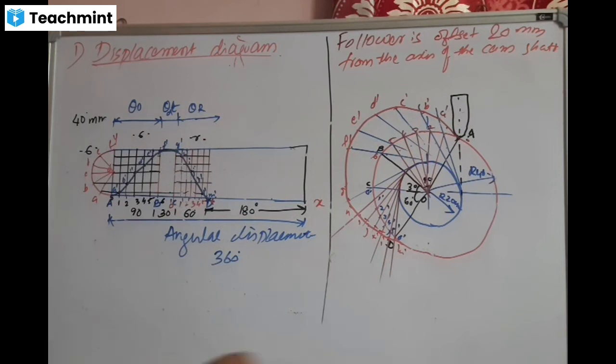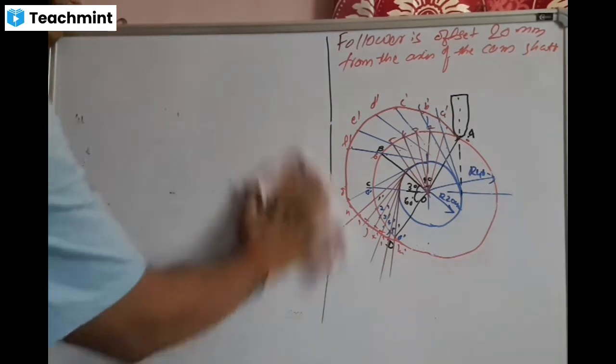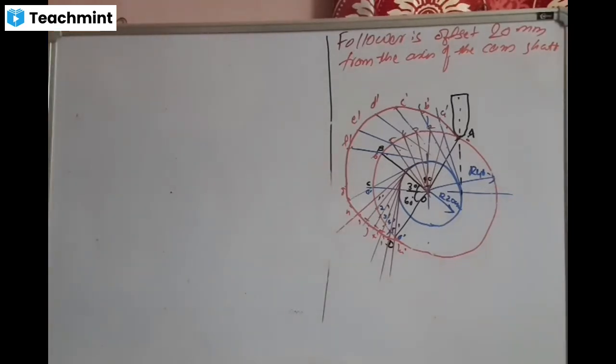Okay? So now you note down one problem here. You try to do yourself first. Okay? A cam with a minimum radius of, you note down quickly, I will not write on the board, I will just dictate. You just note down. A cam with a minimum radius of